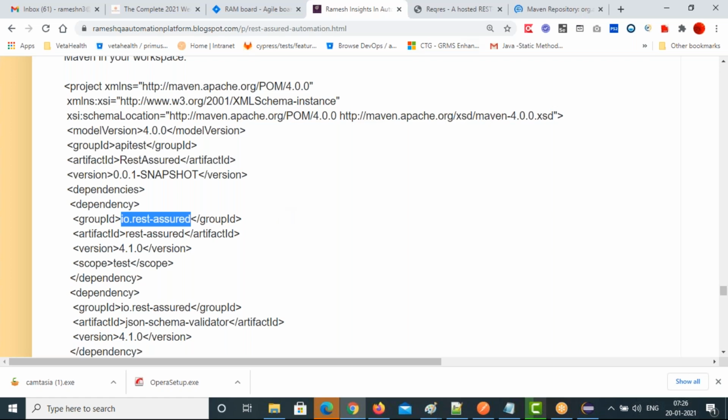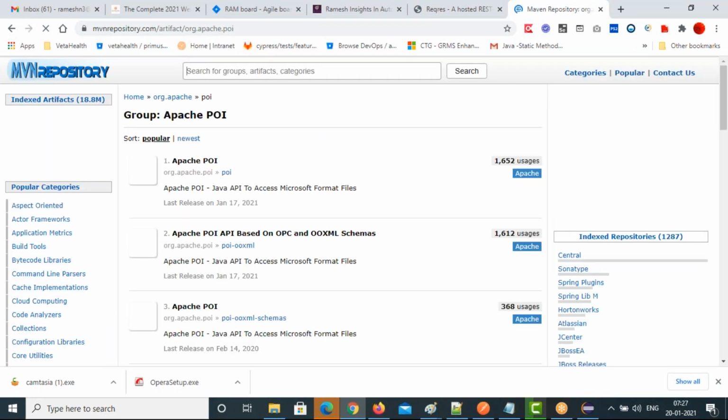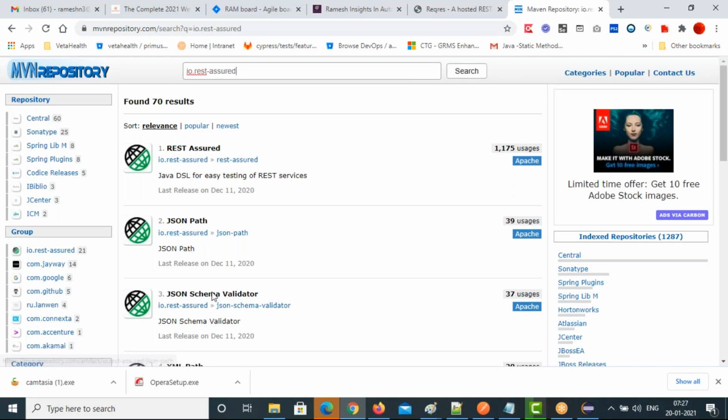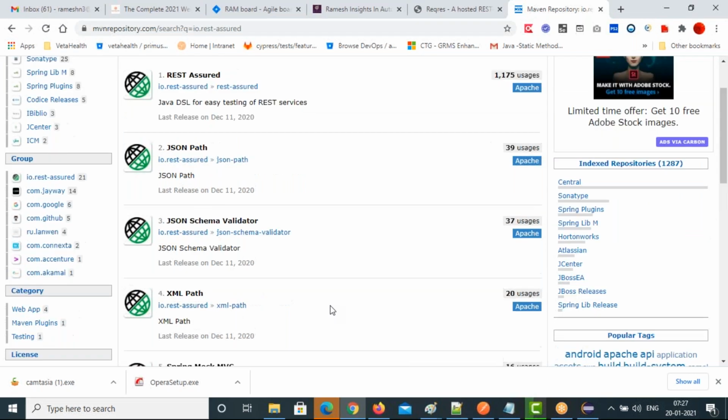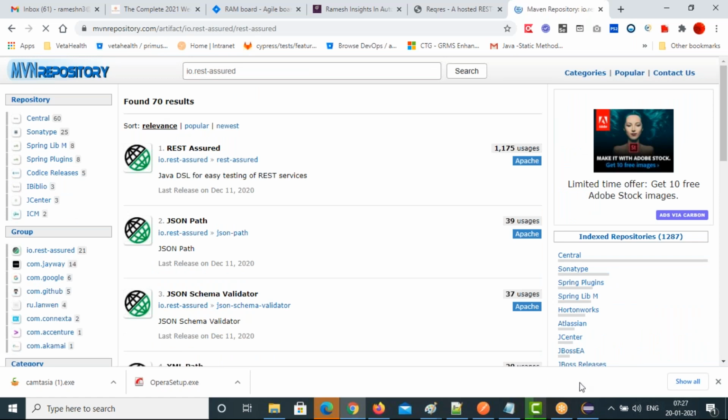Type io.rest-assured, and you will see the globe icon. Add these four: rest-assured, JSON path, JSON schema validator, and XML path. So let's add these jar files.